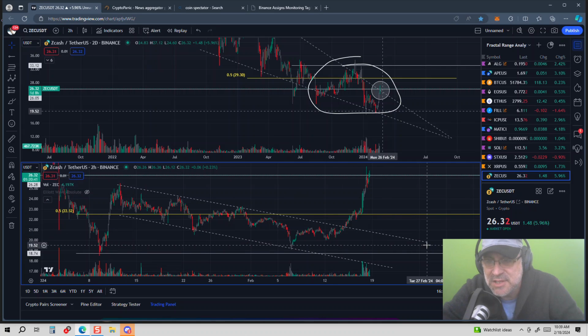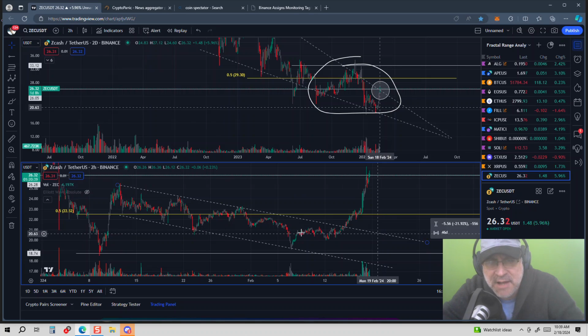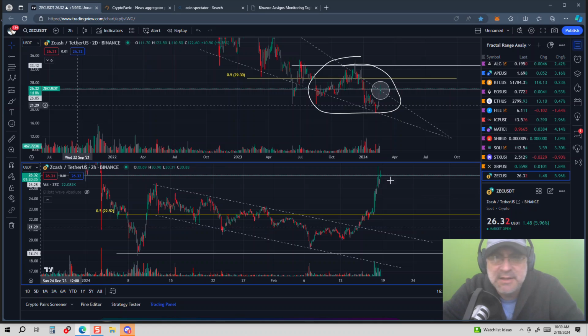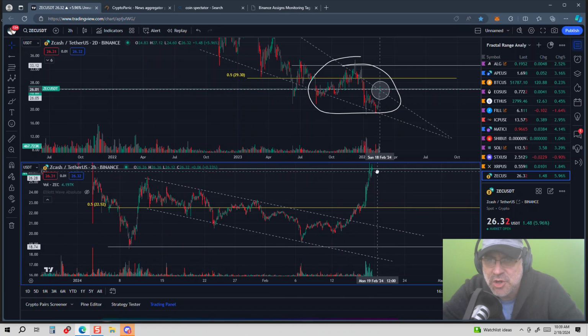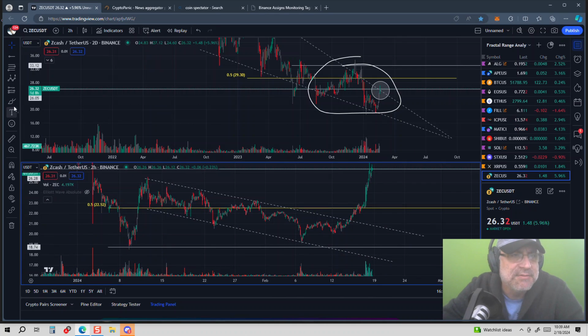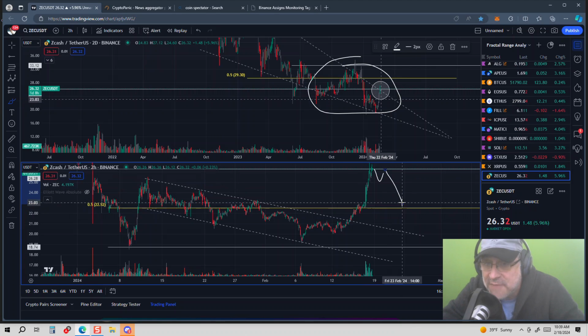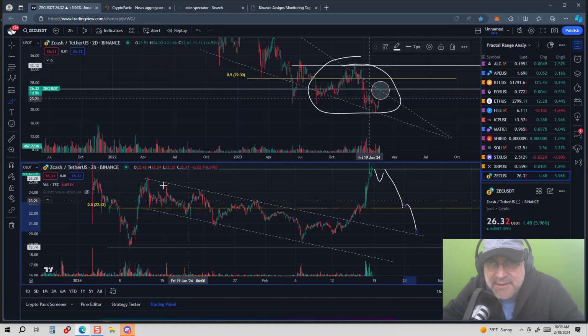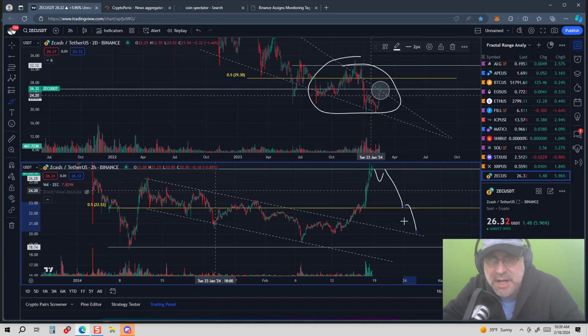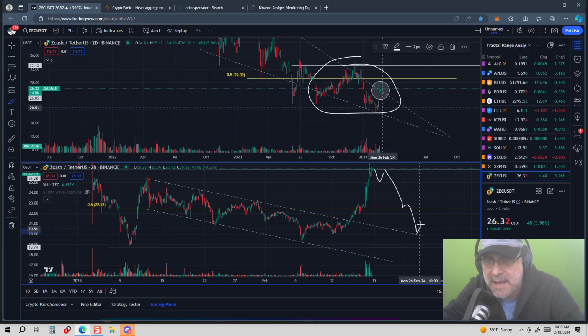And it could even fall all the way back into this channel. Although I think we'll probably bounce off this micro trend resistance point here, and so this is just to show you what I'm talking about. If we were to retrace from here, then of course MMs are going to be picking up the sell-offs, and we could fall all the way back down. Now this dotted line here would be the micro trend resistance, and then we could have a bounce from here.